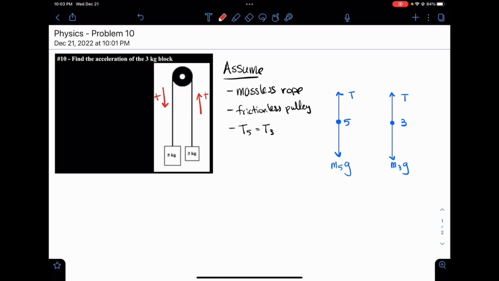Problem 10 is a free body diagram problem. Pretty simple. So we have a pulley with two blocks on it, and we're looking for the acceleration of block 3. It's worth noting the acceleration of both blocks should be the same because it is an attached system. So you'll just be looking for the acceleration of the system, and that is the acceleration of a 3 kilogram